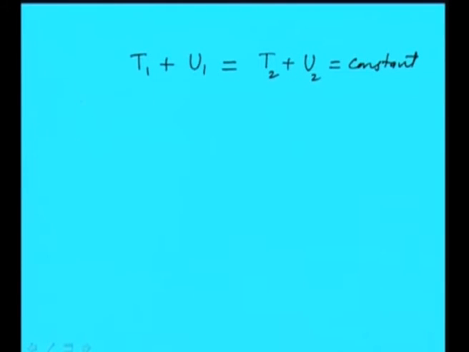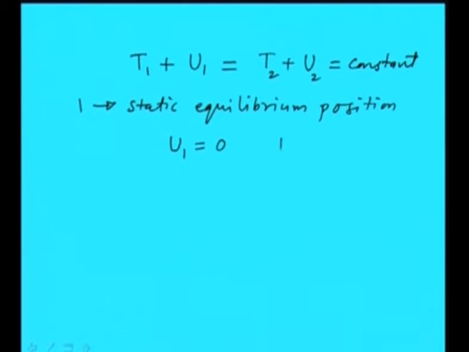Let the first position be the static equilibrium position, and when this is the condition, you will find u1 will be 0 and t1 will be its maximum value,